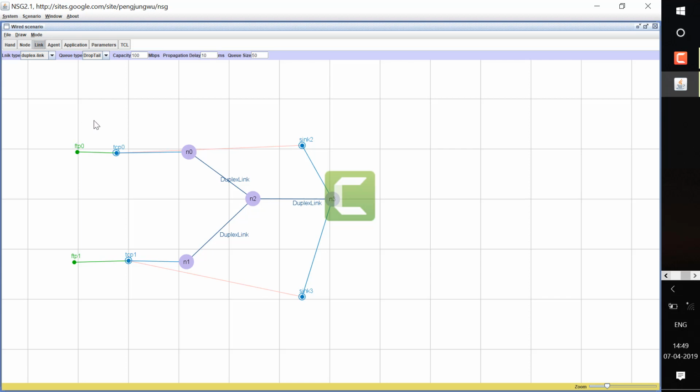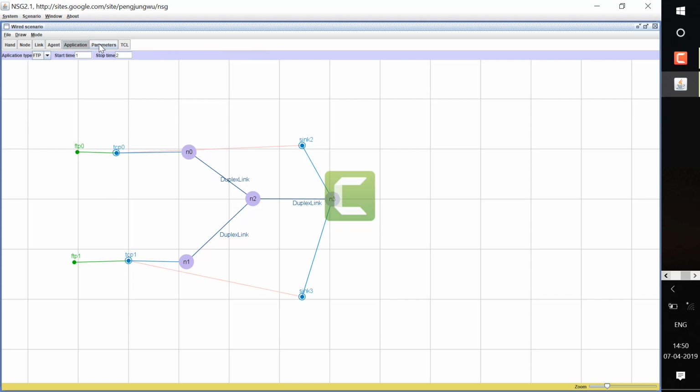So FTP will generate a packet and give it to TCP. TCP adds extra information, that is control information, source address, destination address, and sequence number, and gives it to N0. N0 will in turn send the packet to N3. N3 will send an acknowledgement back, because TCP is a protocol where whenever you send any data using TCP, you are going to get an acknowledgement. This is what the first experiment network is all about.